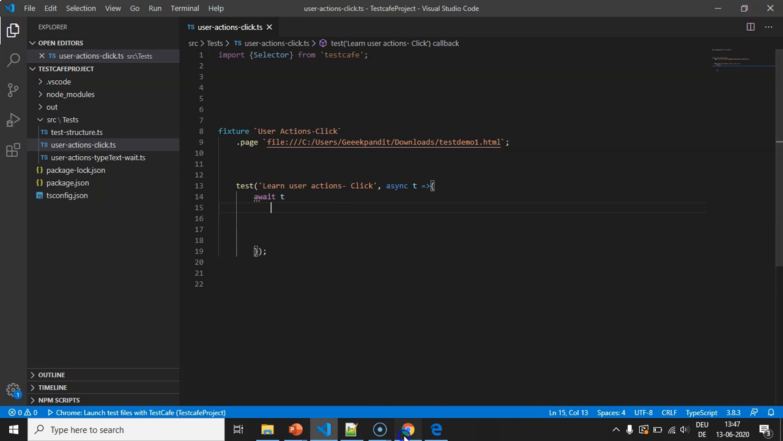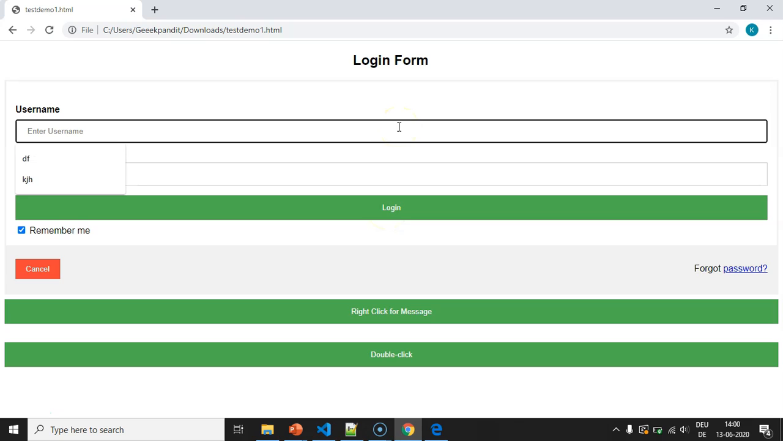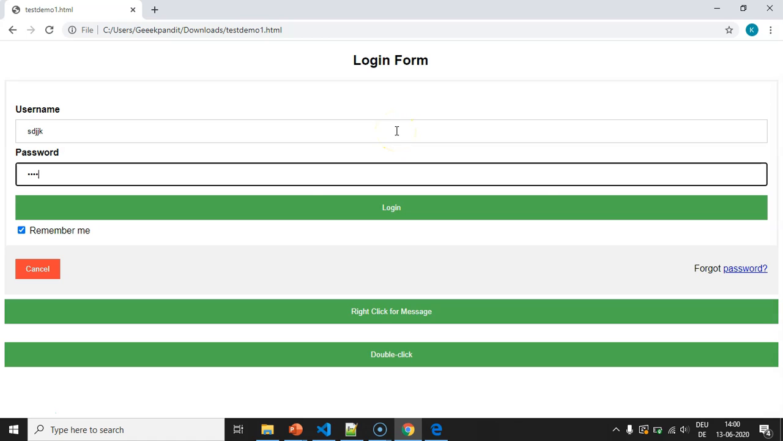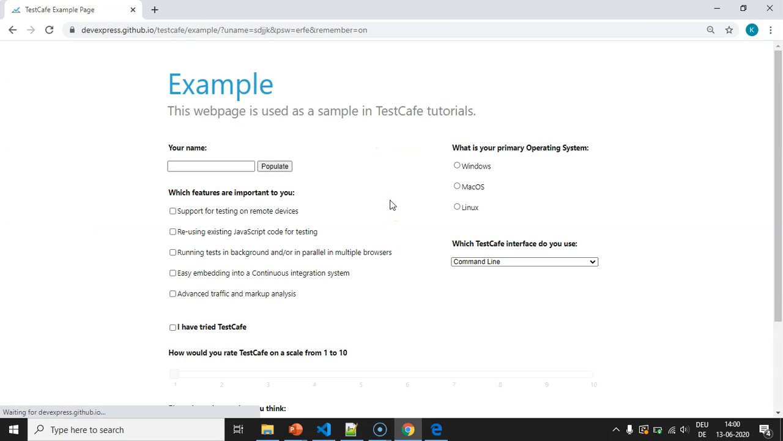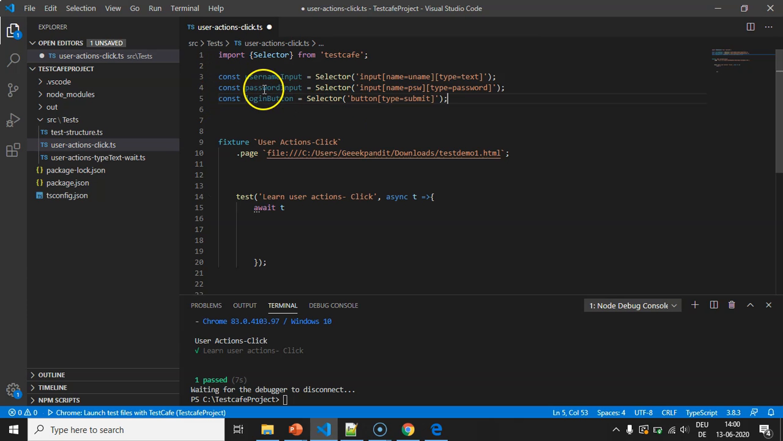Now my test case is I want to pass username, password and then I want to click on this login button. For example, suppose I pass here username then password, and if I click on the login button it's opening this example page. So first we need selectors for username text box, password text box and this login button. So here I have declared these variables username input, password input, login button and saved the selector value for the